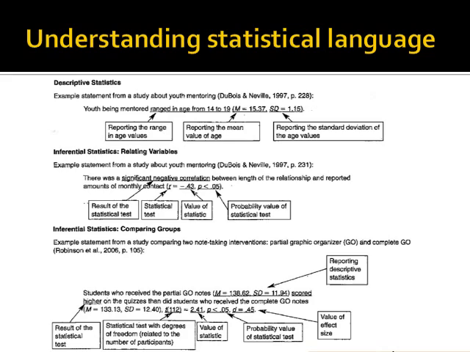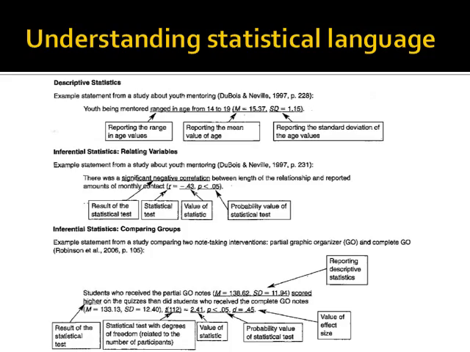So now that you understand what t-tests are and what effect size is, we're going to look at how those are written in actual formal reports and how you would write them in a formal report and what those things mean. You tend to, in APA style, write in fairly formal language. So with this descriptive statistics, which really has to do with measures of central tendency, we have an example statement